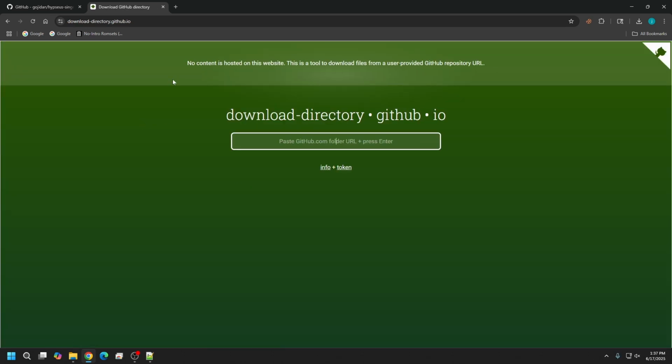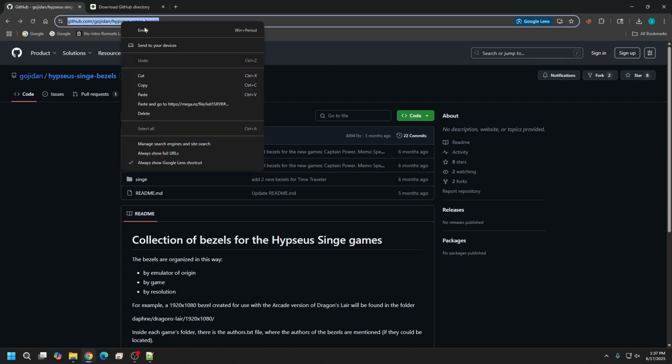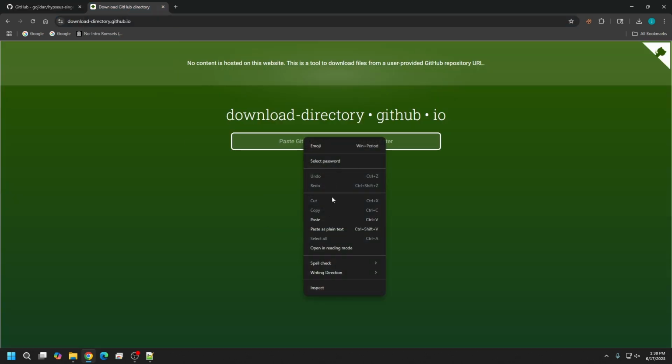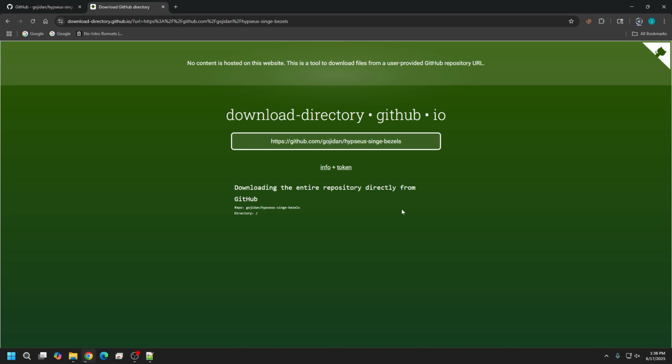Click on that, and all we want to do is come over here. We want to grab this right here. We want to copy this, go to your download directory, and then just paste it. All right, that's what it should look like, and then just hit enter, and then you're going to see it doing its magic down here. All right, and then you'll see it doing all this down here. So once it's completed,